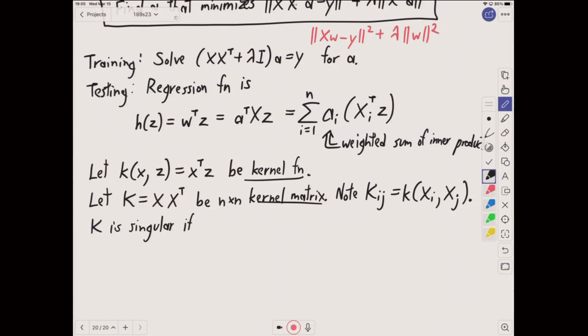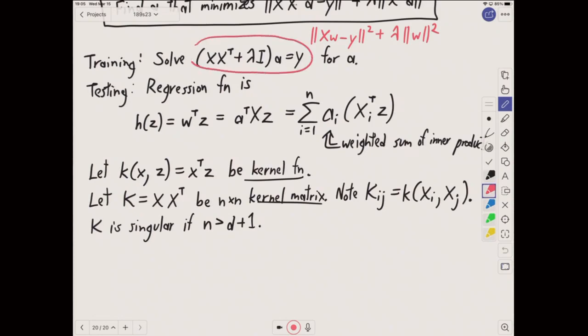One particular case where that happens is if the number of sample points is greater than the number of dimensions, which often happens in normal problems, but if you blow up the number of dimensions to exponential, then it doesn't happen. But quite often K is singular, and